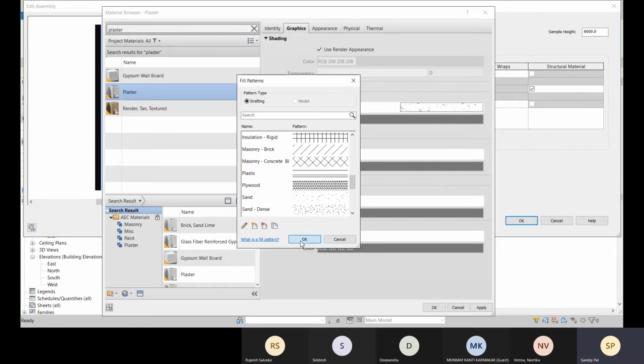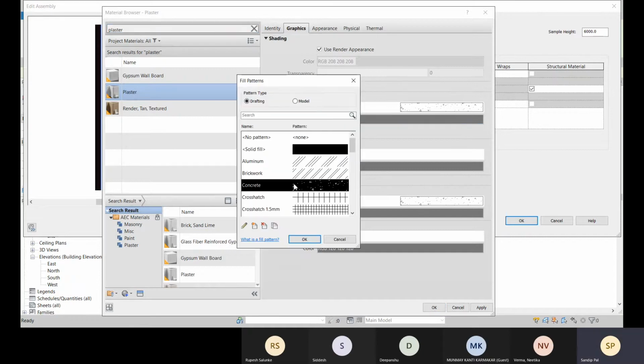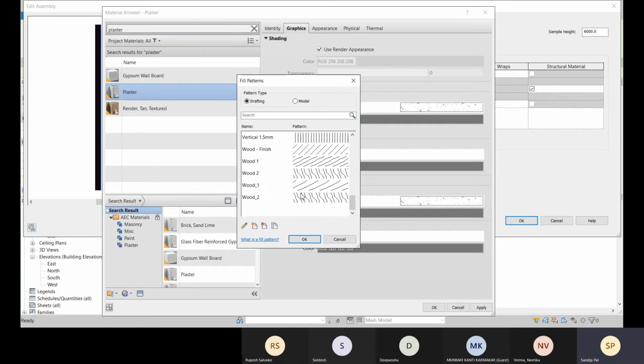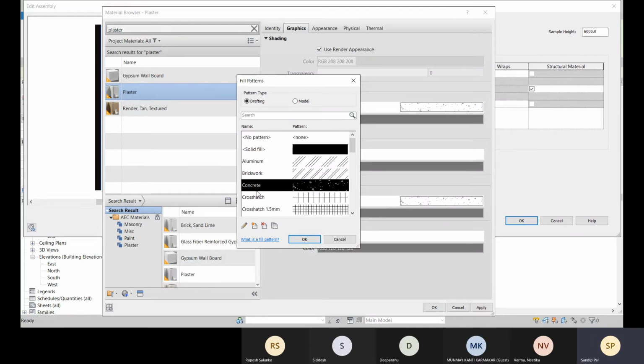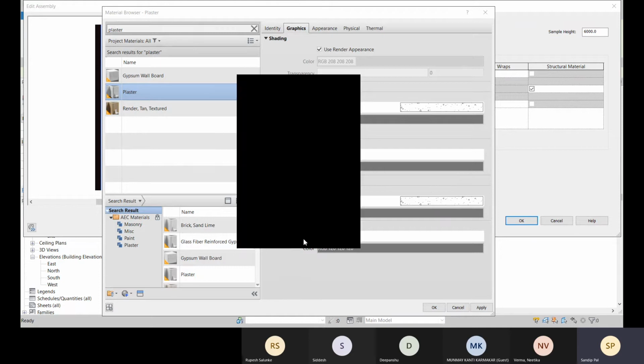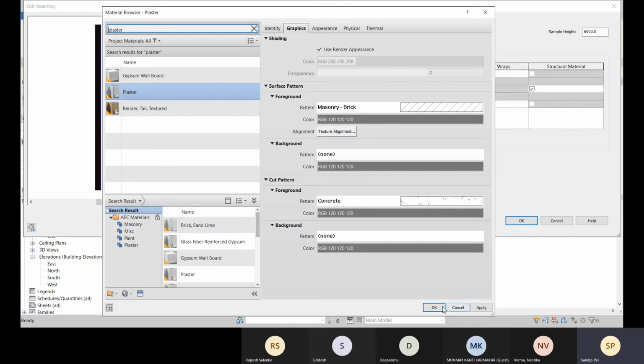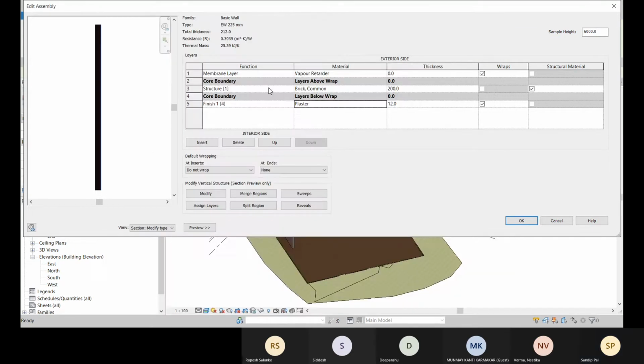Click on OK. And for this surface, you can apply some brick, if the brick is there. Okay, so we have just this one. So let's go with that one only. And let's click on OK. So that is added.